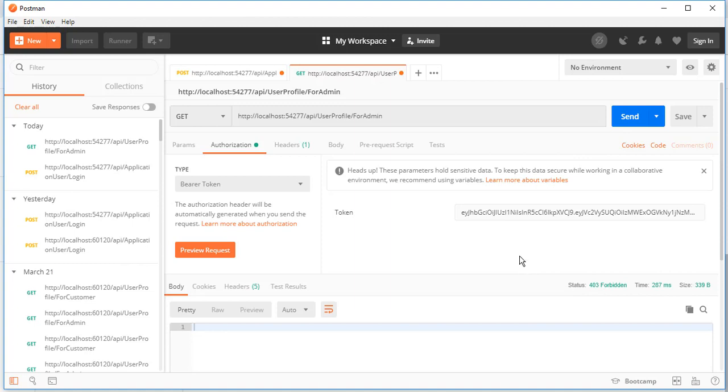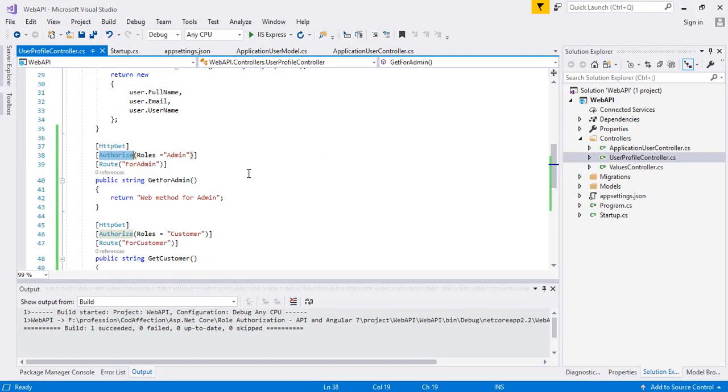403 Forbidden. That means authentication is successful, but authorization has failed because we don't have the role admin. In order to access this web API method, we should have this role admin. Now let's try this web API method here